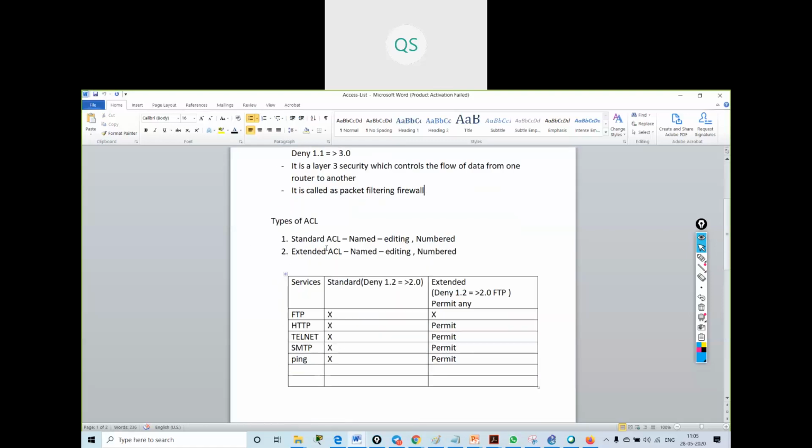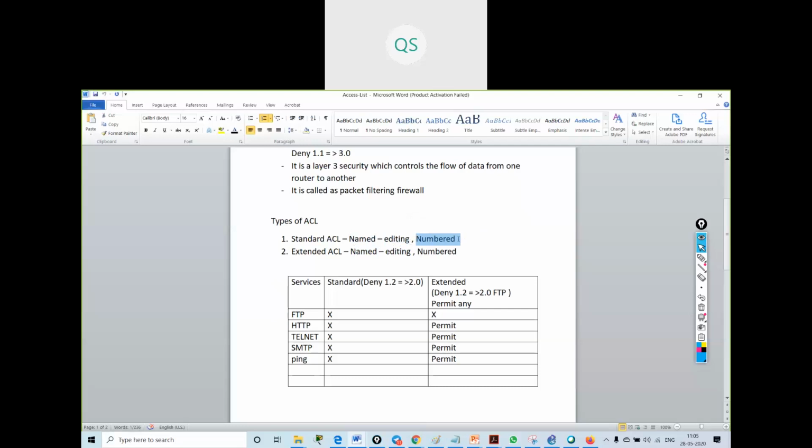So the main types of ACL are named and numbered, and in named and numbered we have standard and extended. What is named? Named means you can perform editing. If you're using a named access list, either standard or extended, you can perform editing. We have seen this practical also.